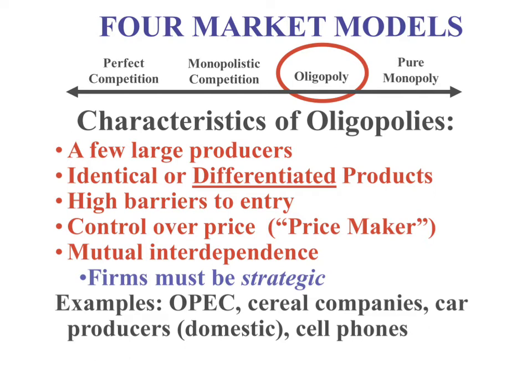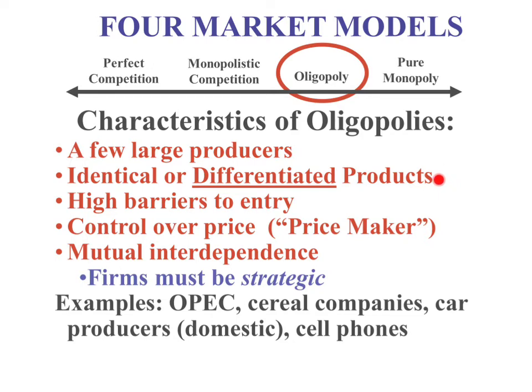So one characteristic of oligopoly is that there's a few large producers. You could have an example where you have a duopoly, where there's two large firms and only two large firms. So that's an example of an oligopoly. But you could also have a market where there's maybe 20 or 30 firms, where maybe 4 or 5 of the firms have most of the market share. Maybe 70% of all the revenue is earned by 4 firms. So in that case, you're looking at a few large producers, even though there might be several competitors in the industry.